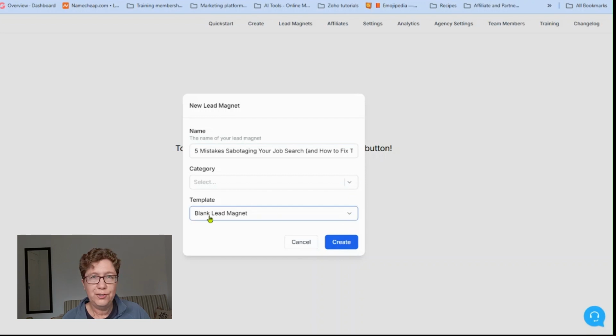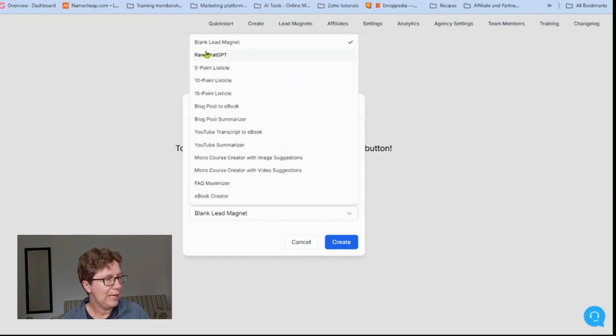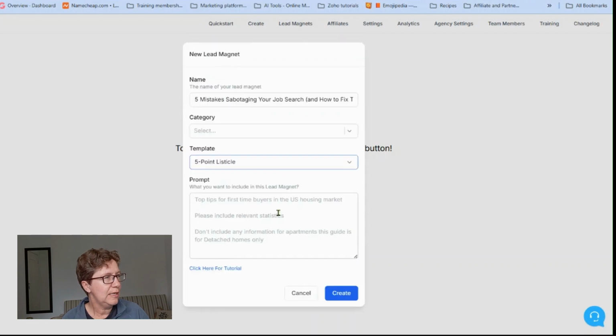And here you can choose your template. It can be a blank one, it can be a raw ChatGPT one where you can just give the relevant prompt. And here is the one that we're going to use. You've got all of these over here with more to come as well. Let's go over to the 5-point listicle.